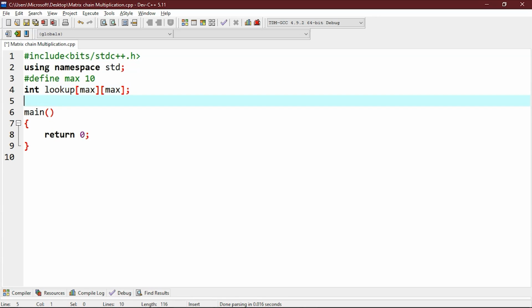Now we will write a function to find the most efficient way to multiply a given sequence of matrices. Int mcm, int dims, comma int i comma int j.